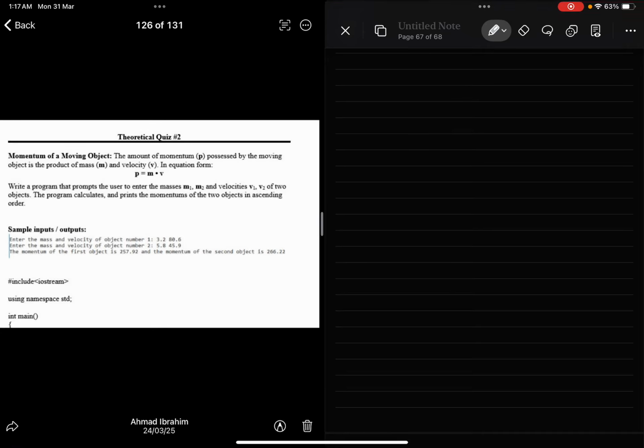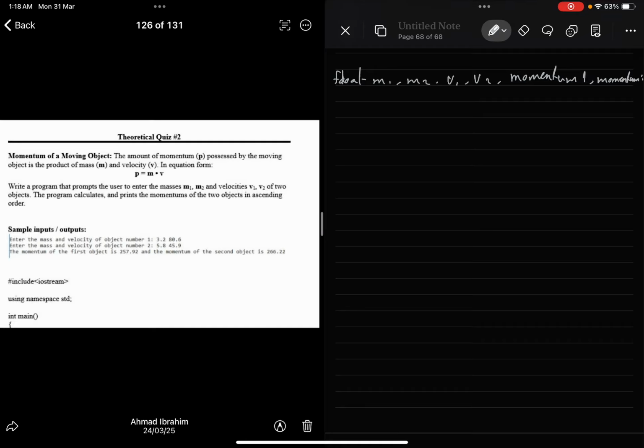So first we have to declare mass 1 and mass 2. So float m1, m2, v1, v2, momentum 1